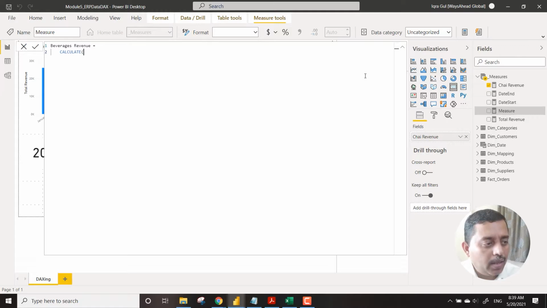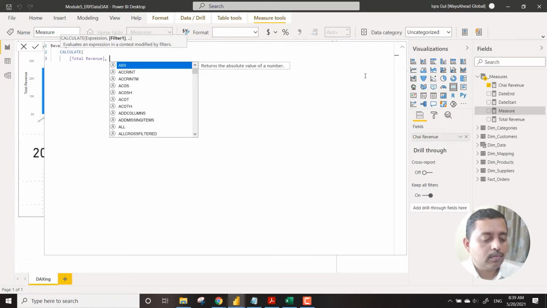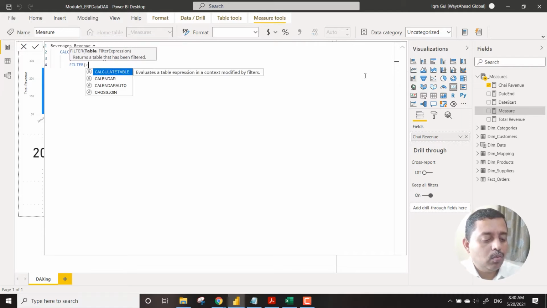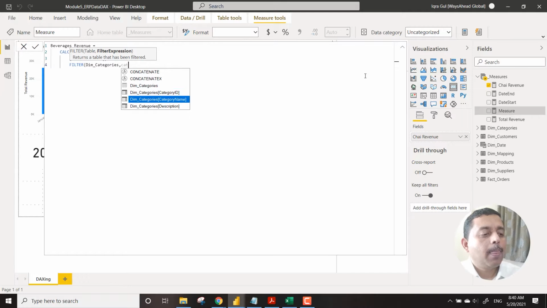We can say calculate, and then total revenue, and say filter, and under filter we can simply go to categories, and then say category name is equal to beverages.